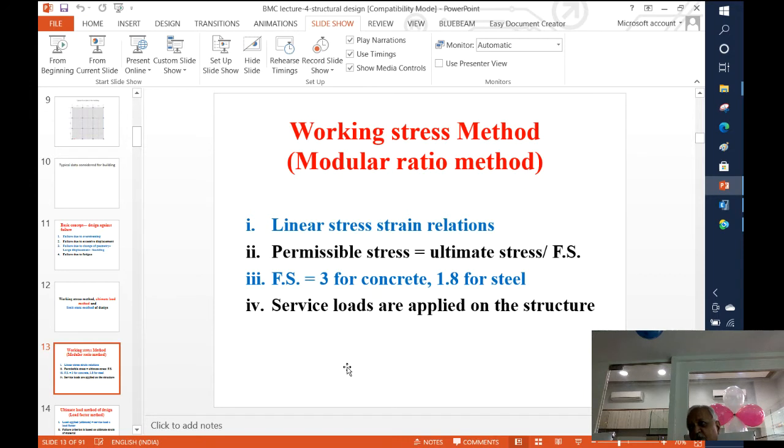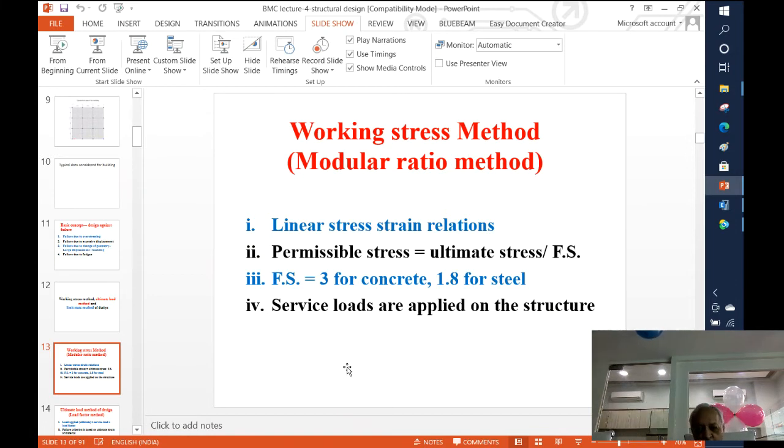So I am not very sure, because I only know that the behavior of the structure is guaranteed under linear elastic behavior. So if the elastic behavior is there, my structure is safe. But beyond that, how it is going to behave, I don't know, because my theory is not applicable. It is a linearly elastic behavior. So as soon as the stress exceeds the linear elastic behavior, the theory ceases to apply. So this theory cannot predict the failure load.